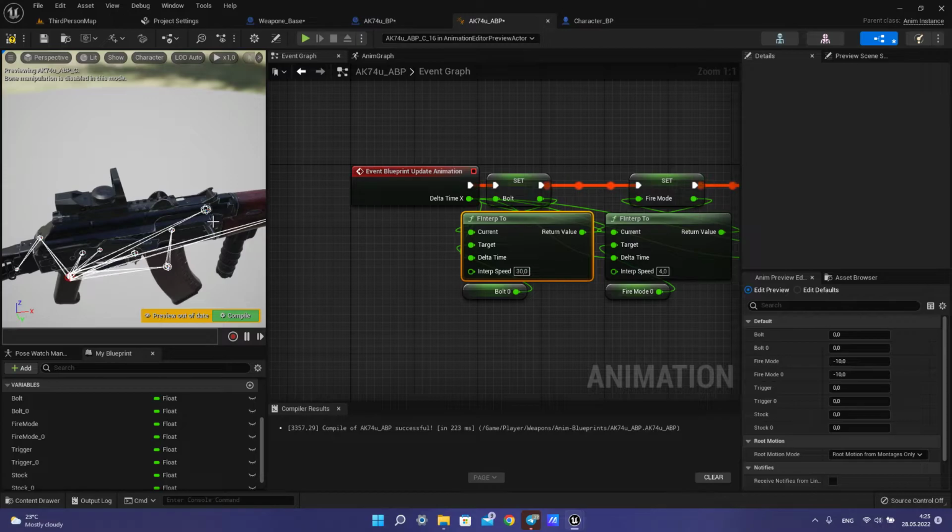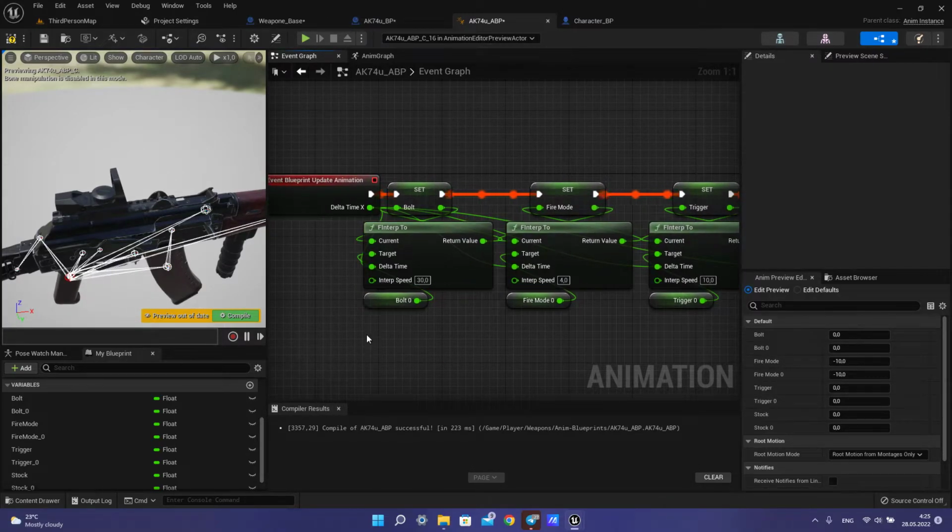We need smooth movement to back and to forward. So first pin current we need to set in this pin, and return value you need to put here to